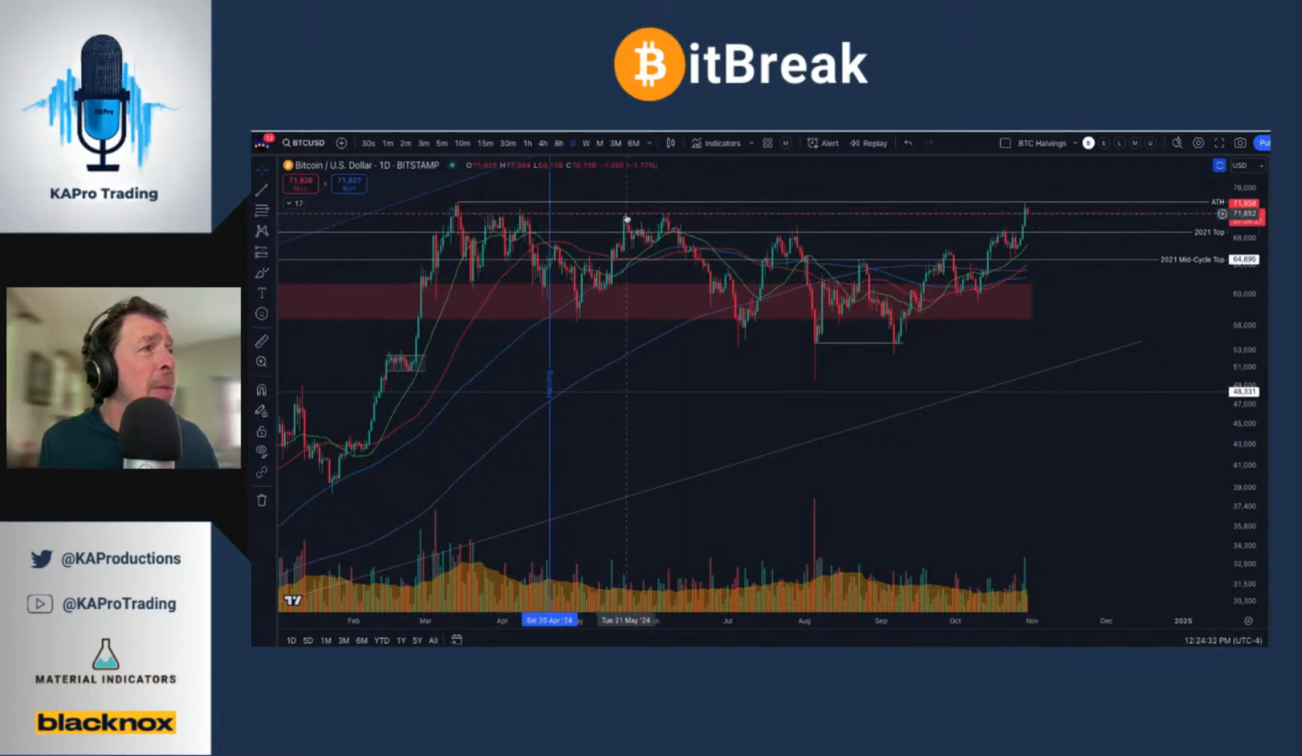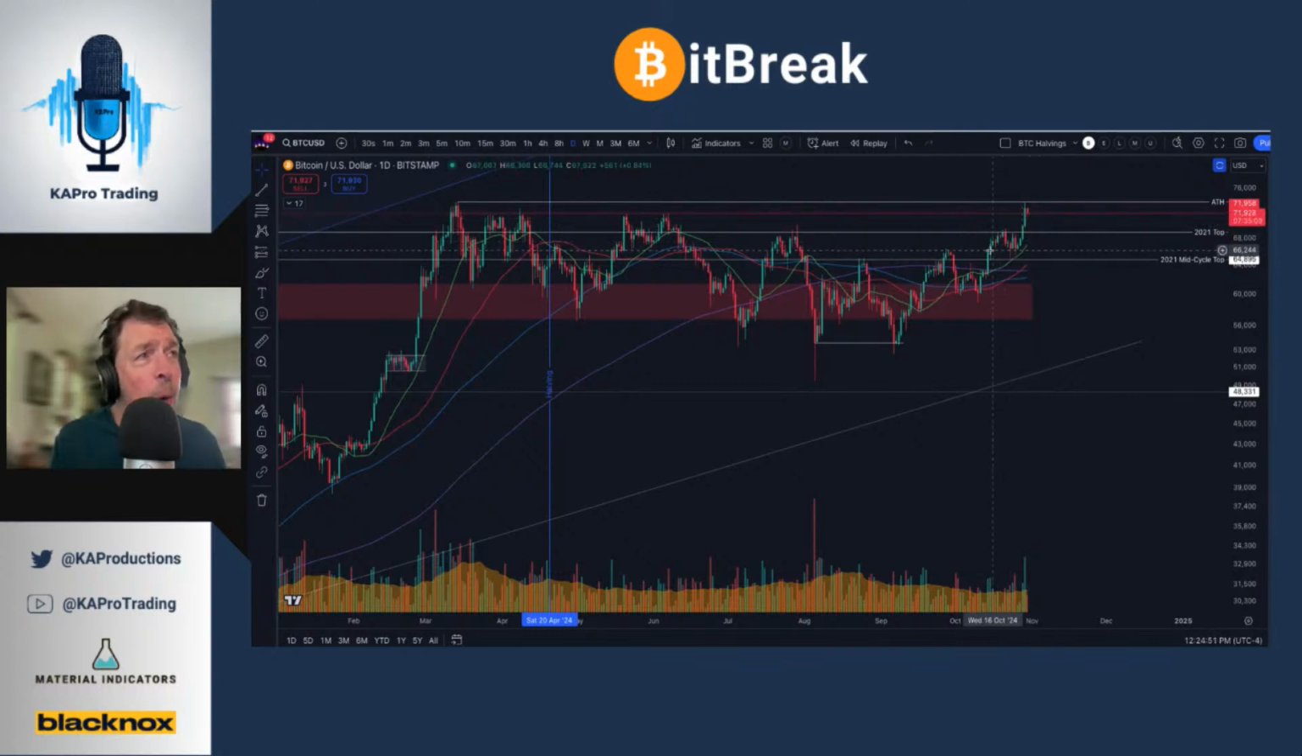Came back out, retested, wick below, wick below. Like it's not enough strength to hold there. So now we're working on our second consecutive candle above that 2021 top. And what I've said all along is I want to see full candle bodies printing above that level,